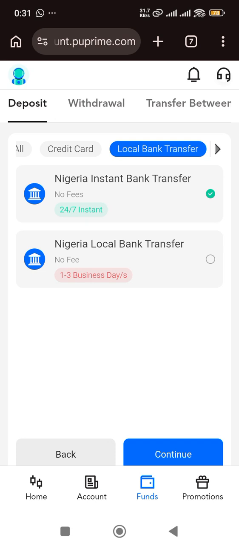For us to make deposits here, we choose the second one, Nigerian Local Bank Transfer. Why? Because the second one allows you to upload your proof of payment, while the first one does not allow you to upload proof of payment. You need evidence to show that you have made a deposit. That's why we recommend the second one. So when I click on continue,